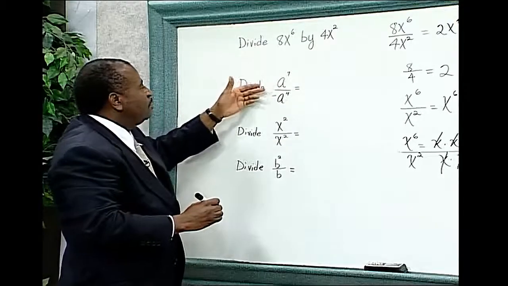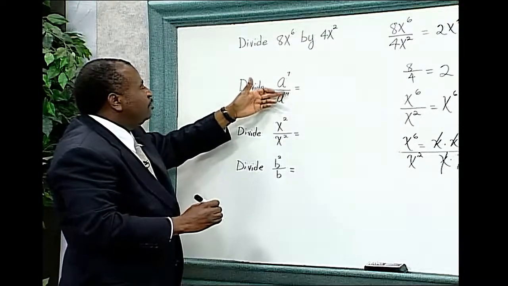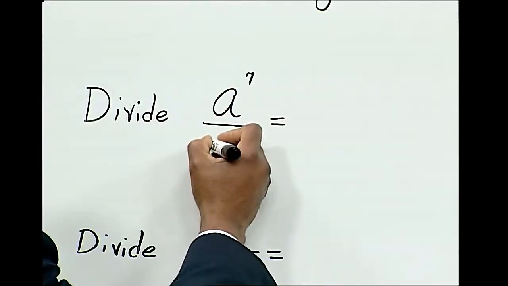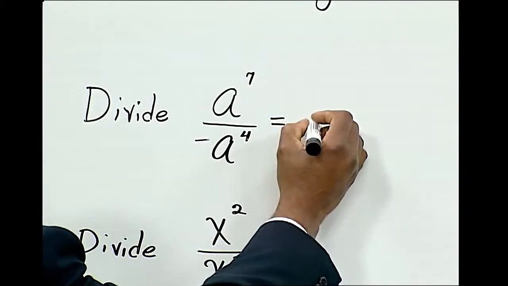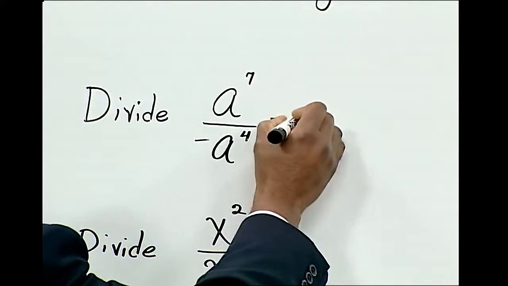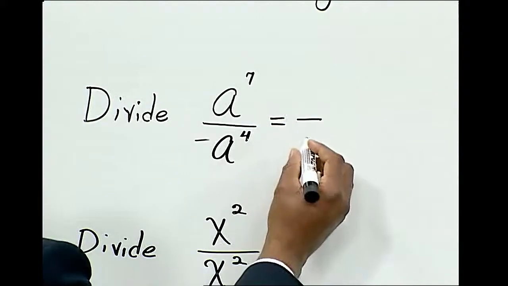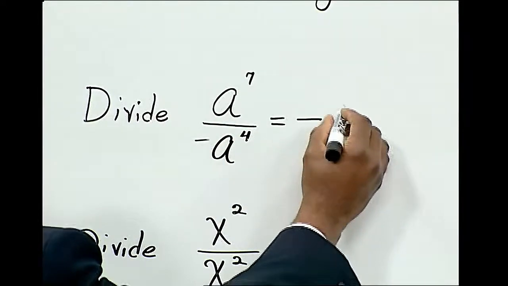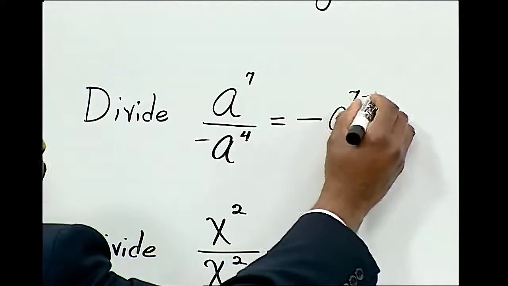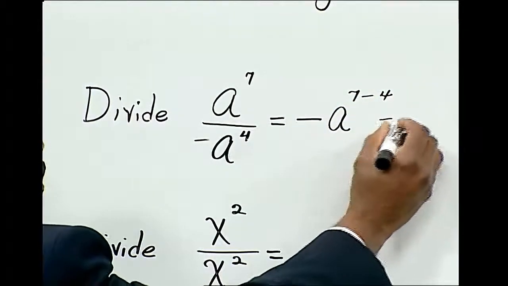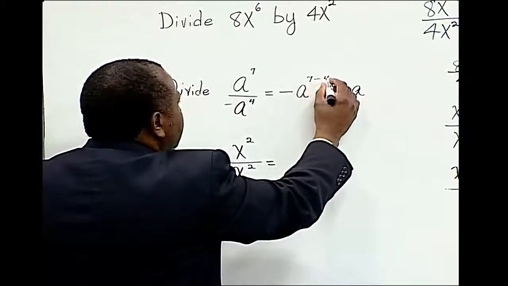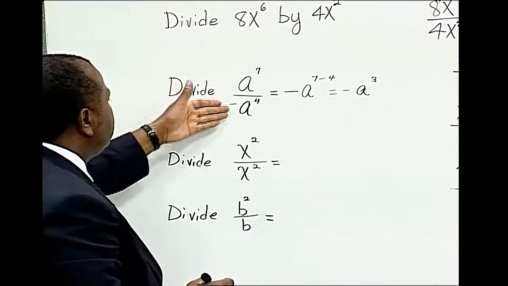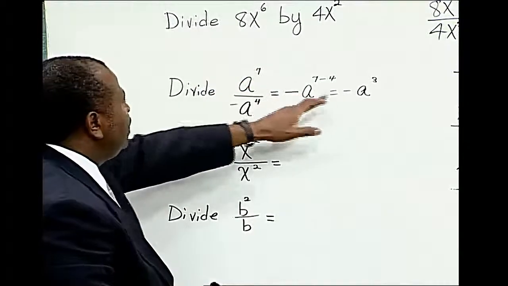A to the 7th power divided by negative a to the 4th power. When we divide a positive by a negative, by the rules for signed numbers, the result is a negative. A to the 7th power divided by a to the 4th power is equal to a to the 7 minus 4. Negative a, 7 minus 4 is 3. So a to the 7th power divided by negative a to the 4th power is equal to negative a